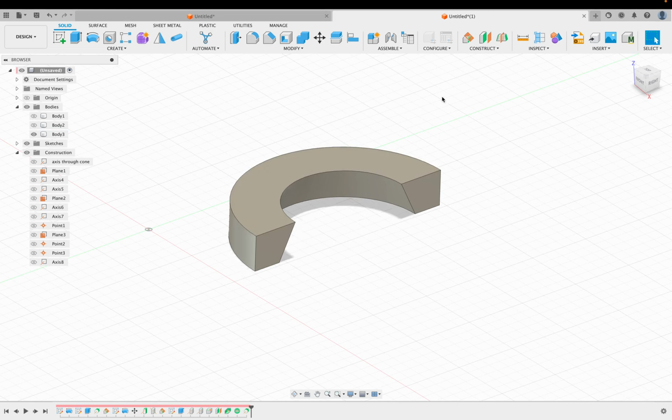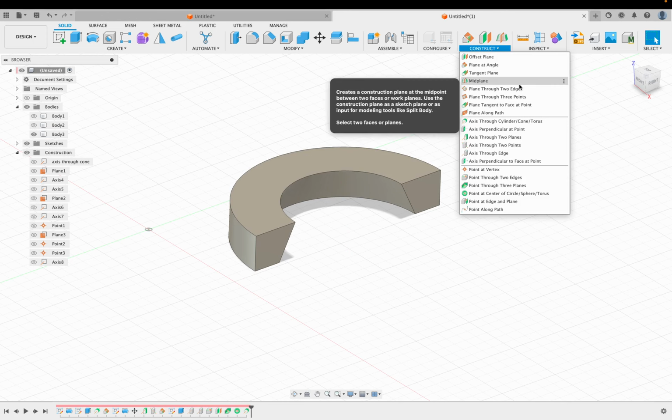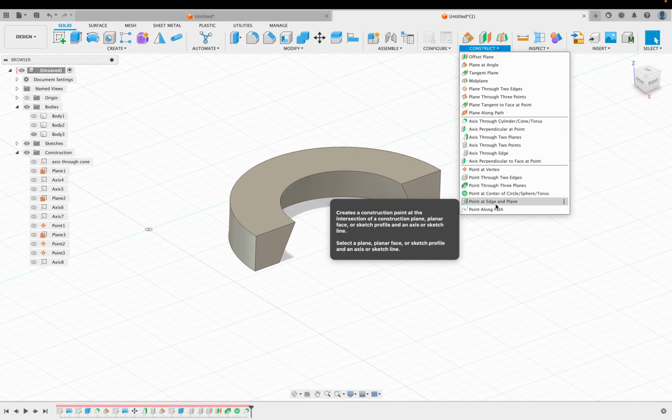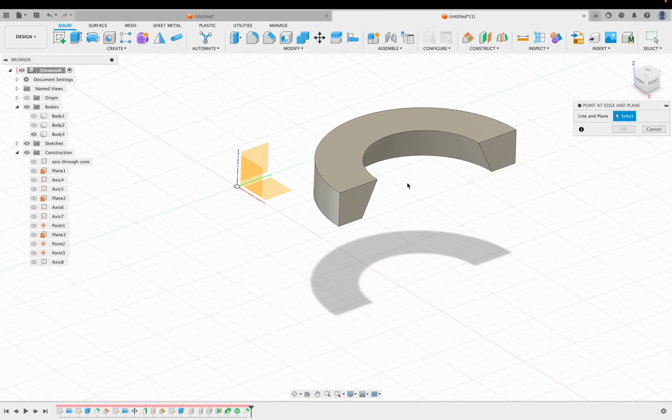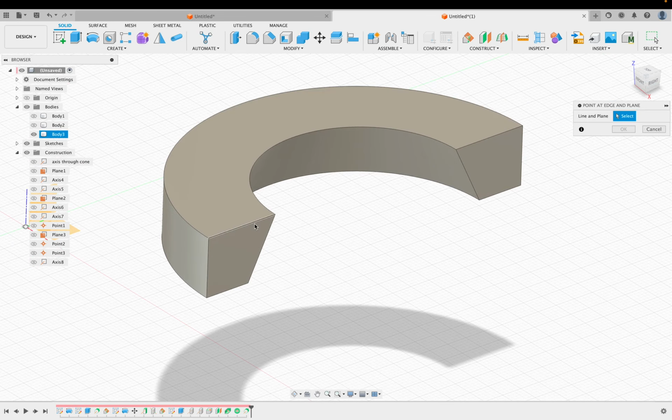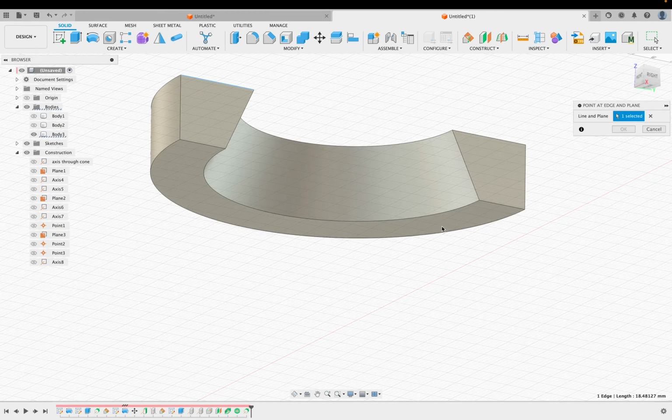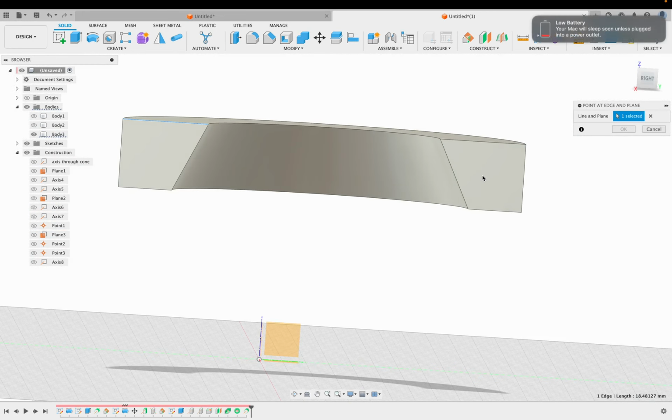Okay, so let's hide those. Then we have point at edge and plane. Now, for this one, we have an edge and a plane. Now the plane,